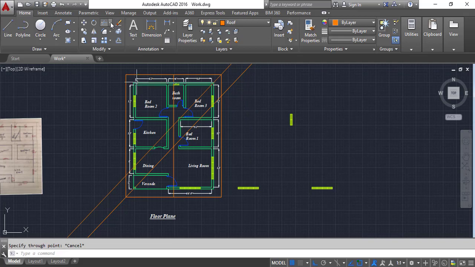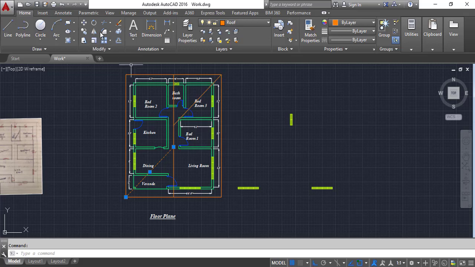I'm going to trim this line. Here right click, trim it, press escape, again trim and double enter also. Hit this one, right click here, trim it and press here,